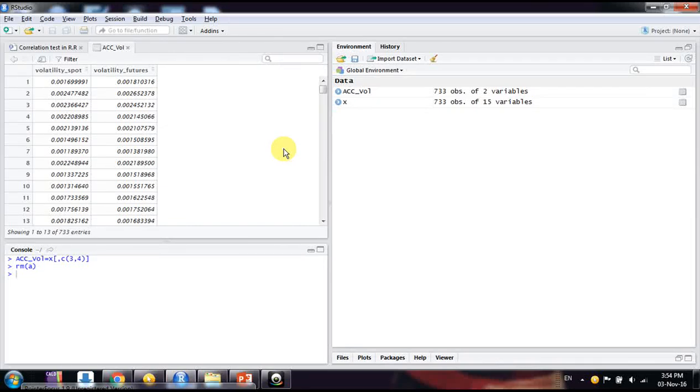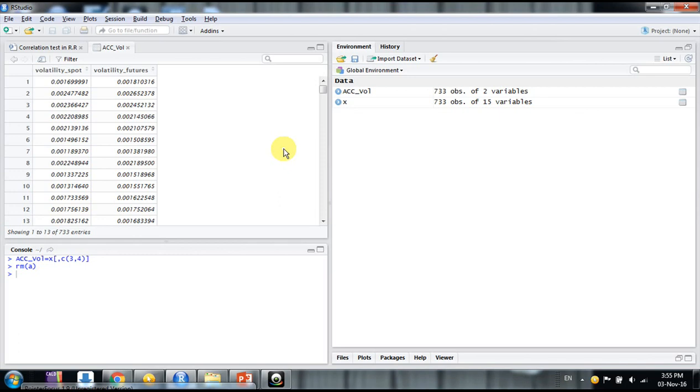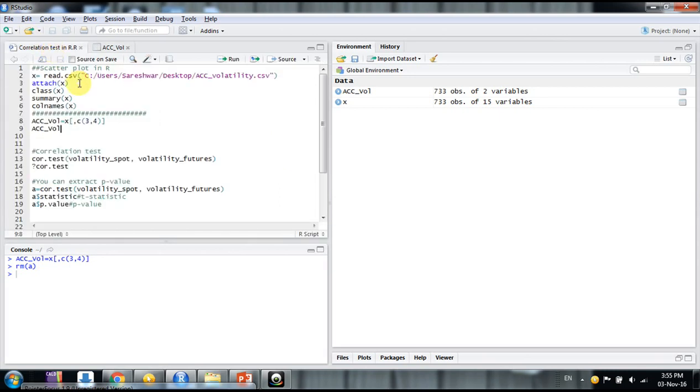In this video we will learn how to conduct a significance test of correlation in RStudio. For that, we first need to know how to conduct a significance test of correlation. You can see my earlier video in which I showed the procedure for conducting a t-test for inquiring the significance of correlation. In this video, you will learn how to do it in R. It's for the application part only.